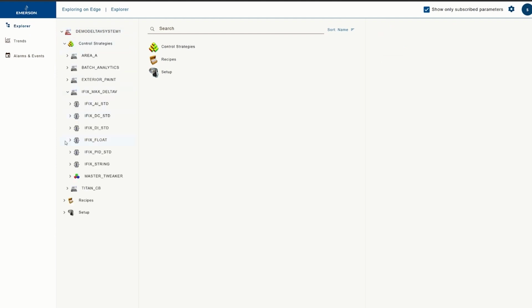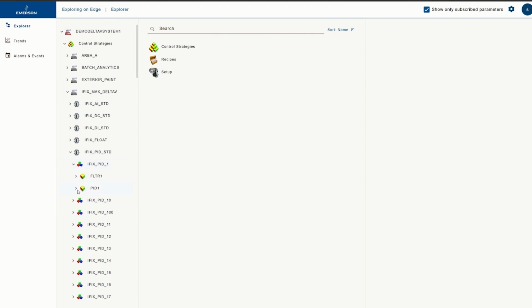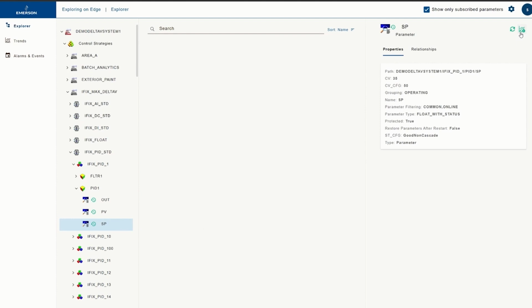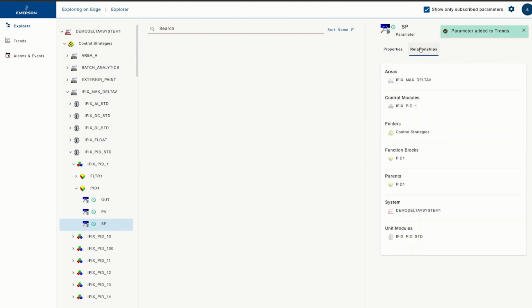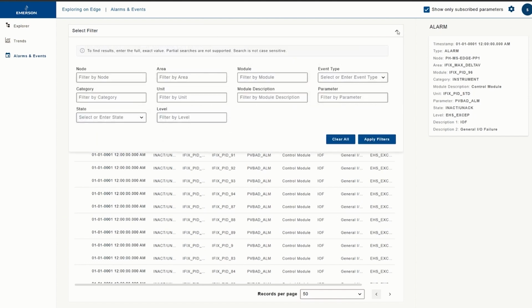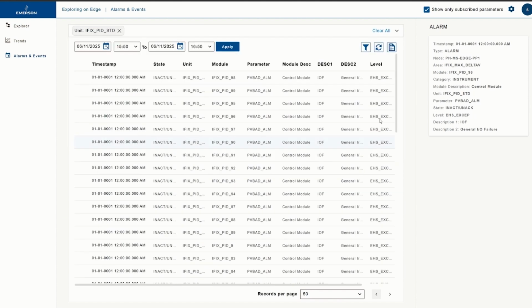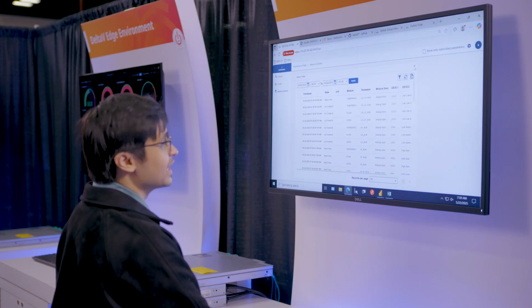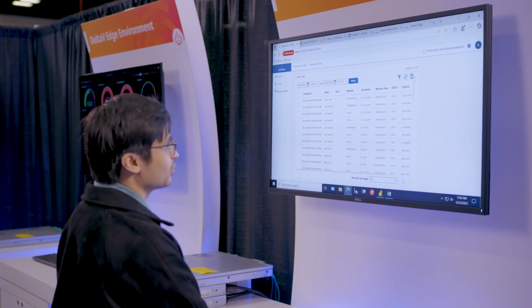You can navigate the hierarchy pretty much like in DeltaV, right? You can see everything, and this is what we say about data contextualization, right? All of these relationships are preserved, including all of the properties associated with every single object. You can also see your alarms and events right here. It's also filterable by different properties, so you essentially get what you want easily, and it's exportable in CSV as